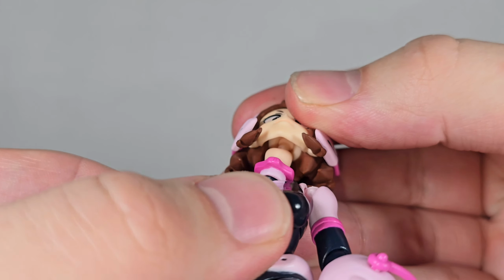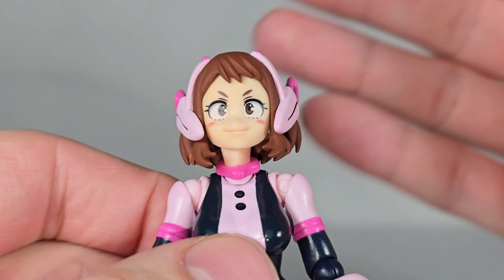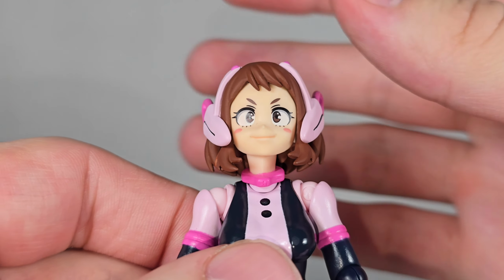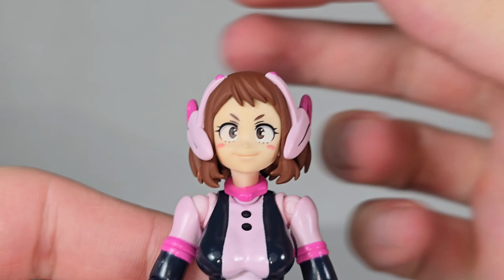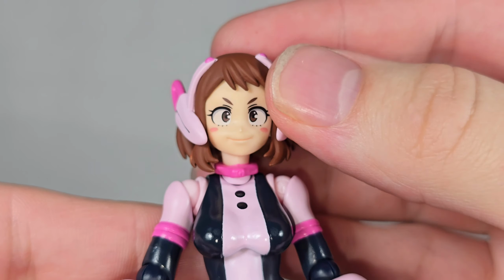The head is on, it looks like, a double ball peg right there, which is pretty different from the Amazing Yamaguchi ones, at least some of them. No, actually, it might not be that different, but with Deku, he had that weird thing where his head can be extended up like this. This is just a basic double ball peg right there. So you don't get any craziness, but you do get some good movement in the head,